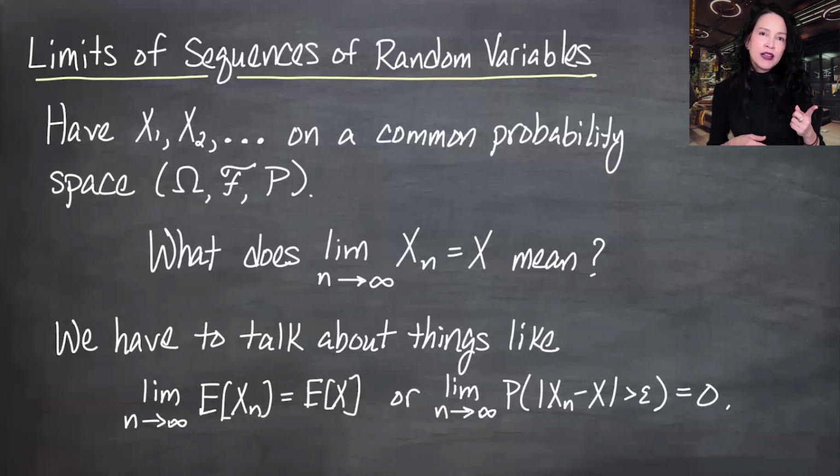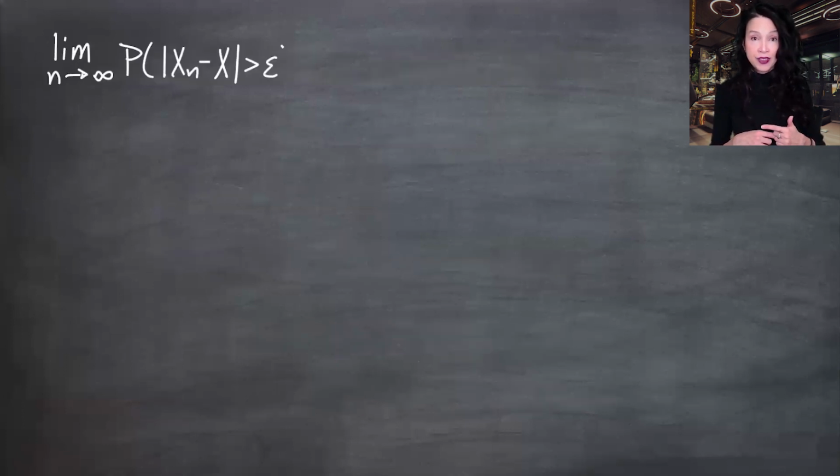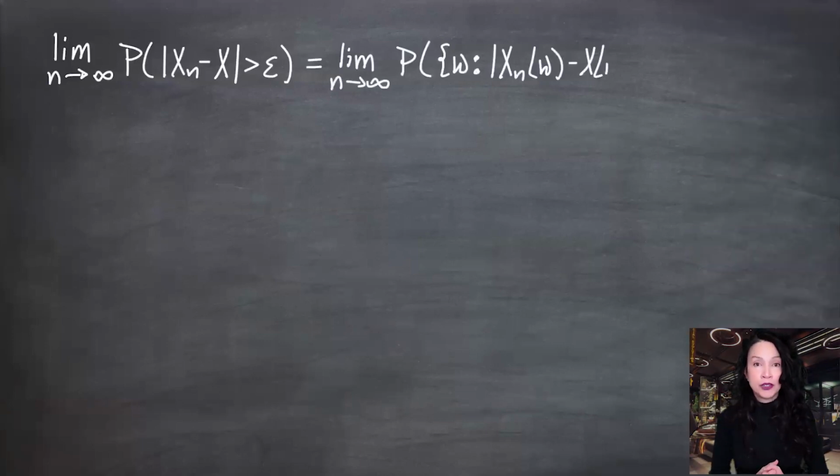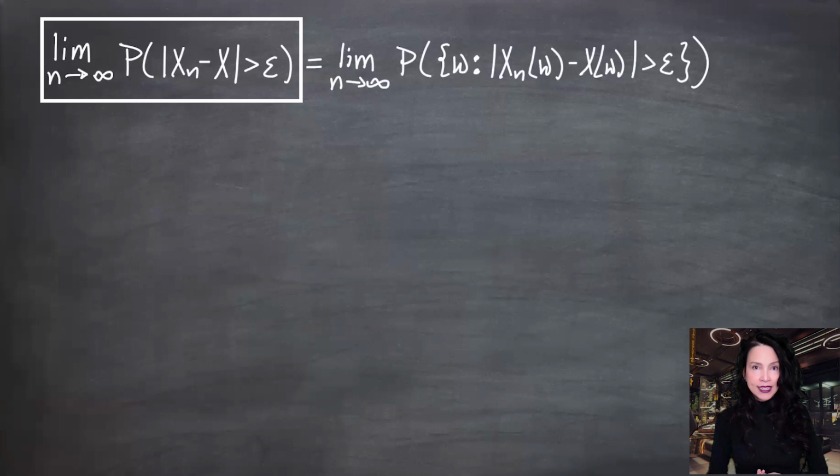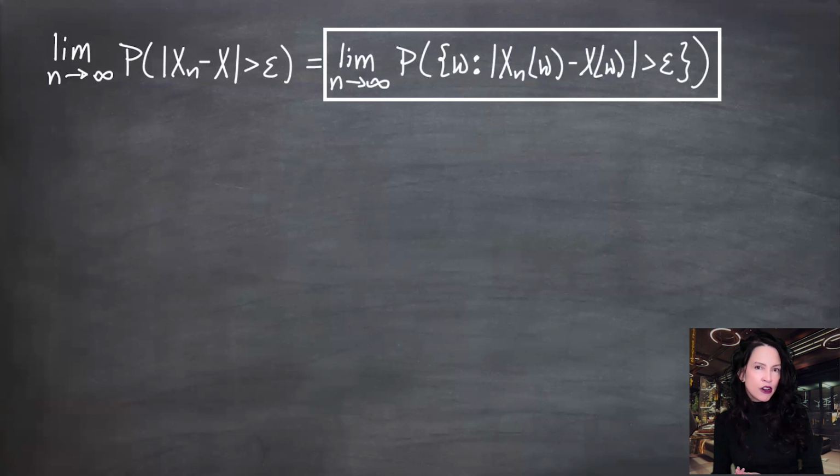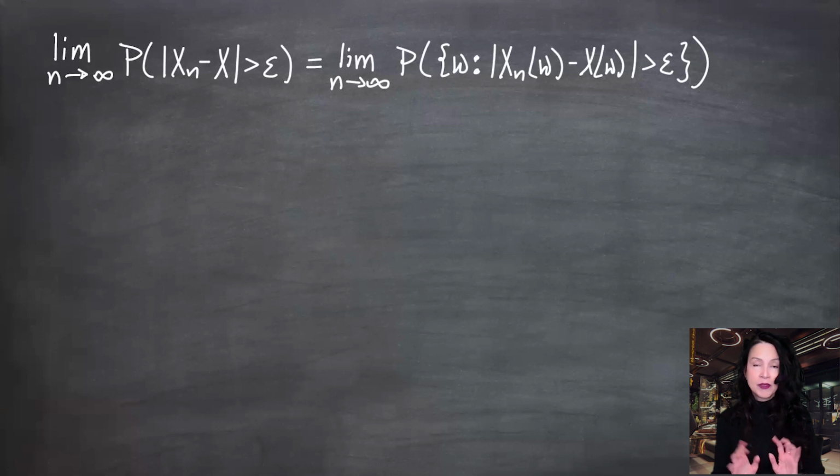Before I do that, let me write this limit that I was just talking about, which represents convergence in probability. This is what you usually see in your mathematical statistics course, but we can expand this notation: the probability that the distance between xn and x is greater than epsilon is the probability measure of the set of omegas for which that happens. So this is part of the statement of convergence in probability, and here it is in our measure theory setting, where it's really all about sets in omega. But this is something we'll talk about next time.